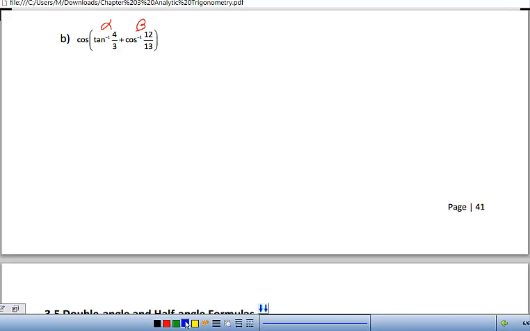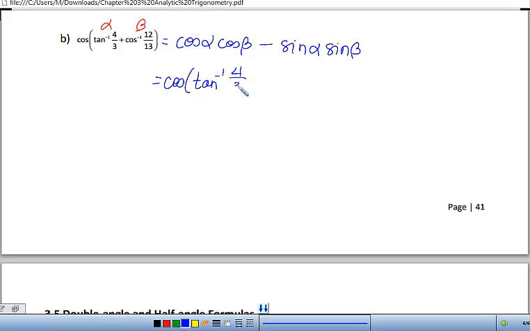The formula for cosine is cosine alpha cosine beta minus sine alpha sine beta. Or in terms of what we have, this is cosine of tangent inverse 4/3 and then cosine of cosine inverse 12/13, minus